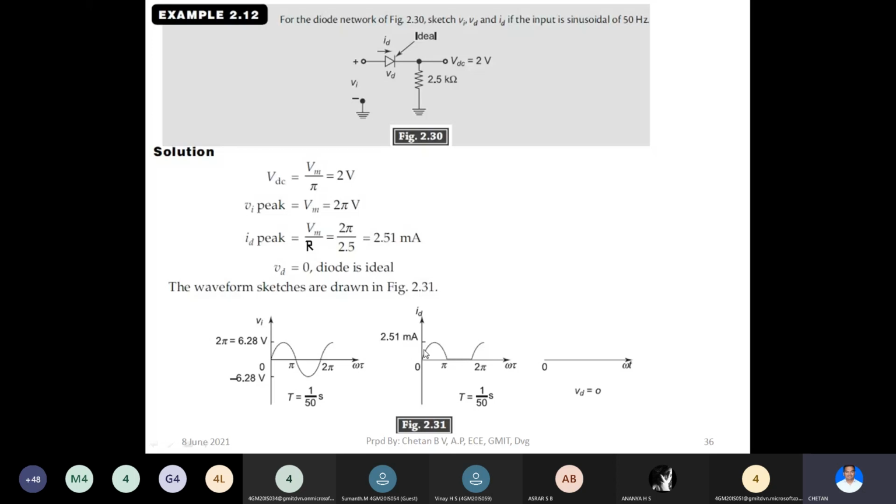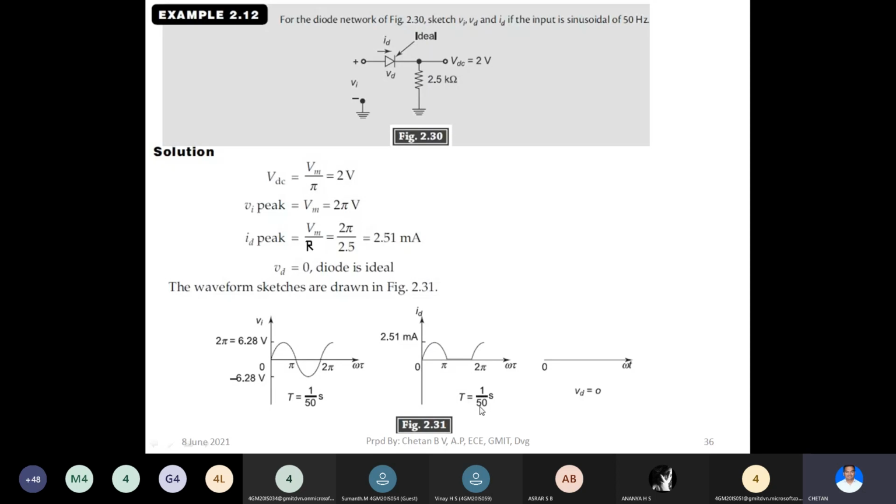So we have only the pulse for the positive half cycle of the input. That is, for this positive half cycle, we have rectified output. For the negative half cycle, we don't have any output. And again, for the next positive half cycle, we have the output again. And this cycle time will be the same as this one, the cycle time, which is given by capital T equals 1 by 50.